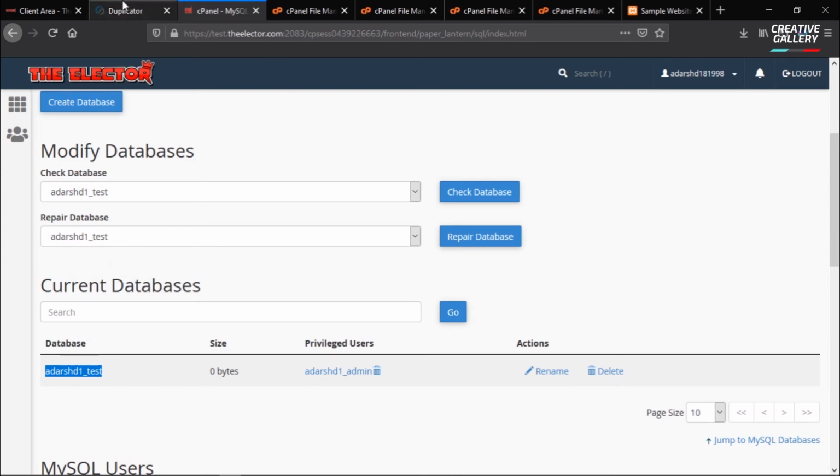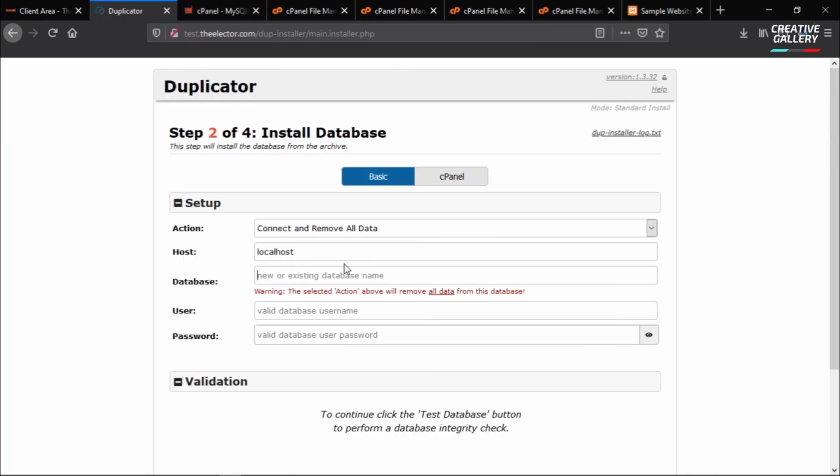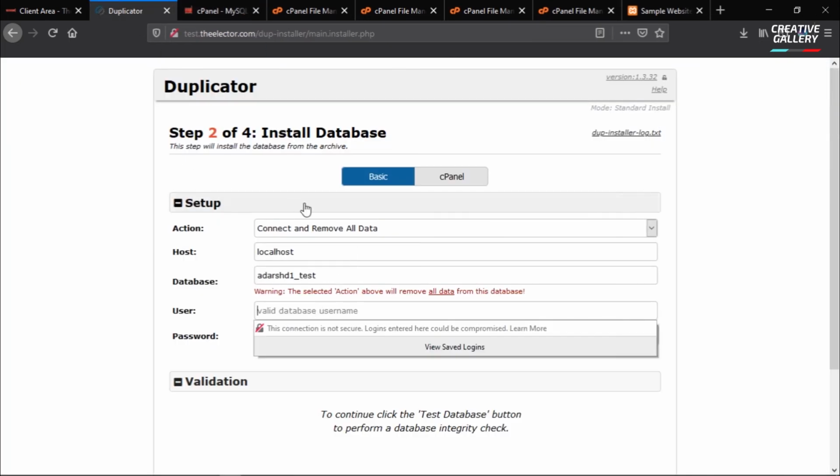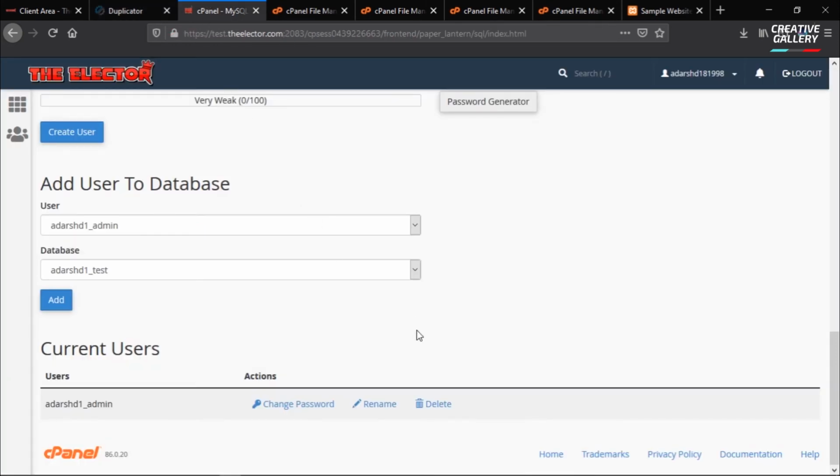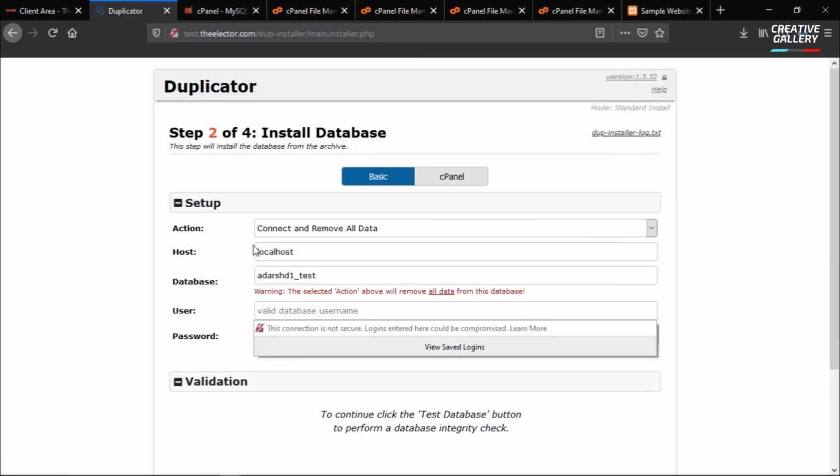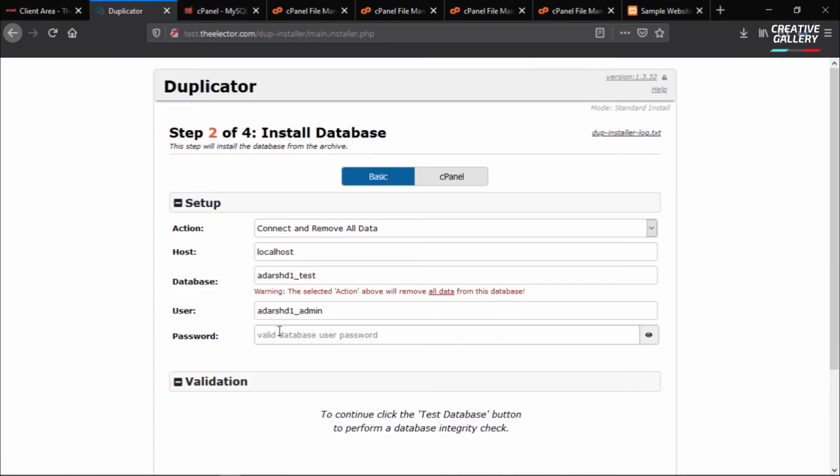Copy it, and paste it here. Then the database user. Here is our database username. You should copy this database user and database name and give the password that we used while creating that user.